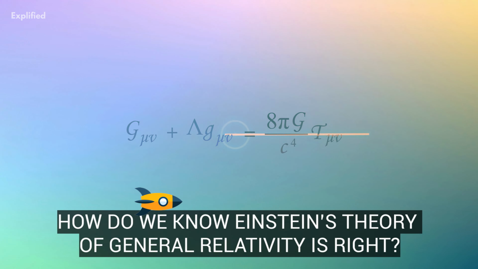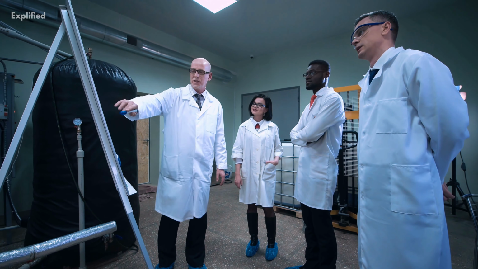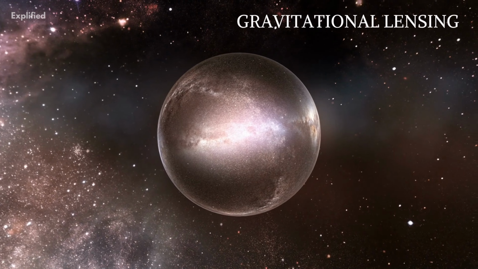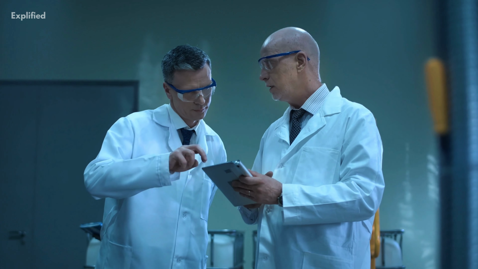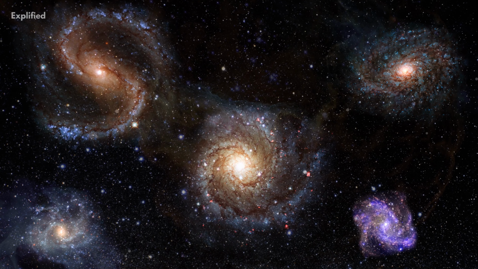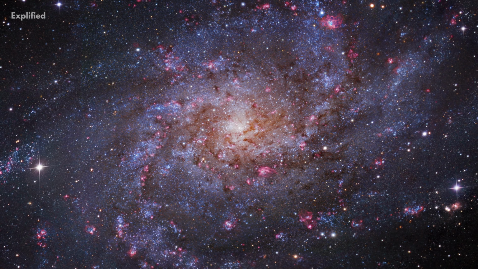How do we know Einstein's theory of general relativity is right? Do we have any specific evidence for it? Turns out, physicists have found tons of evidence to prove this theory. For example, one of the most famous pieces of evidence is gravitational lensing. Gravitational lensing is a tool used by scientists to study and understand the distribution of matter in our universe. It allows astronomers to view distant galaxies as they were in the past, and helps them gain an idea of how our universe was formed.